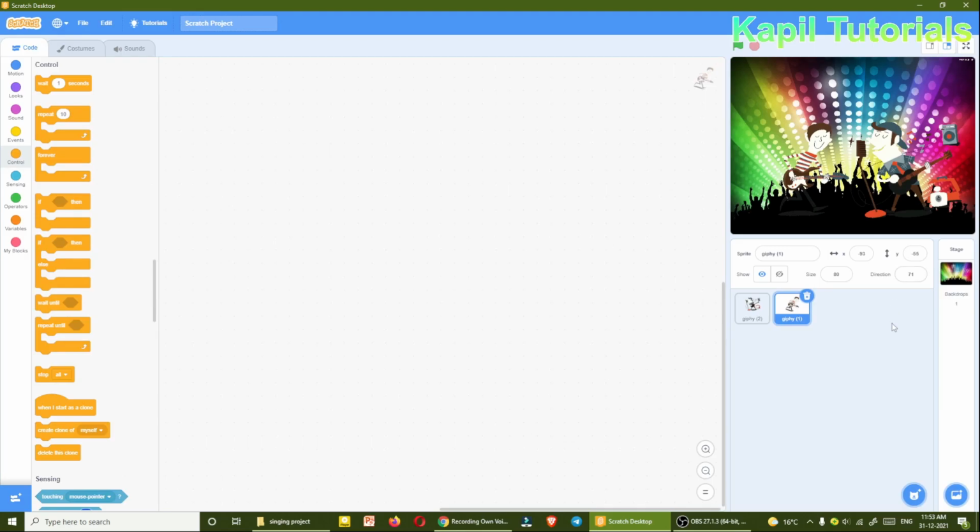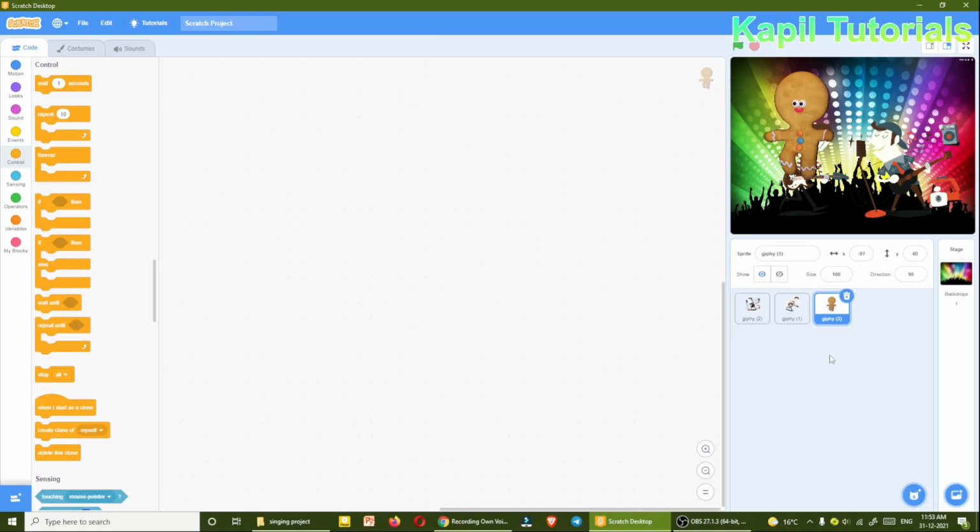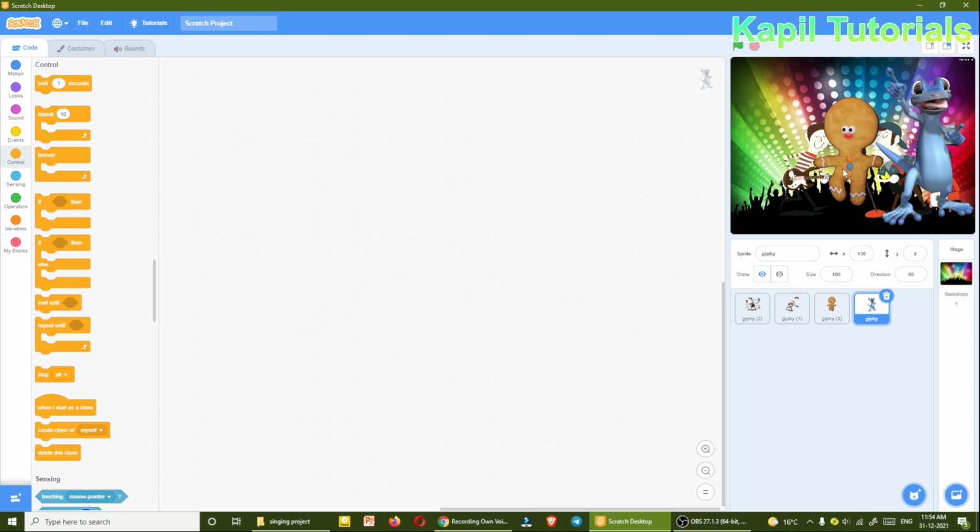And now afterwards 2 more sprites, that dancing sprites. So again I'll upload, choose a sprite. I'll just save my time, I'll just select one of the sprite.